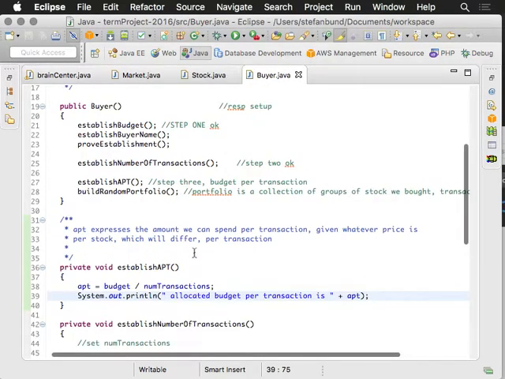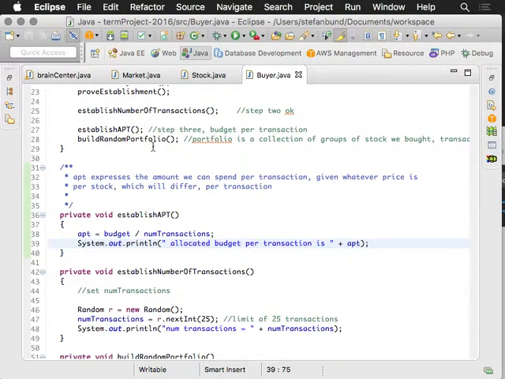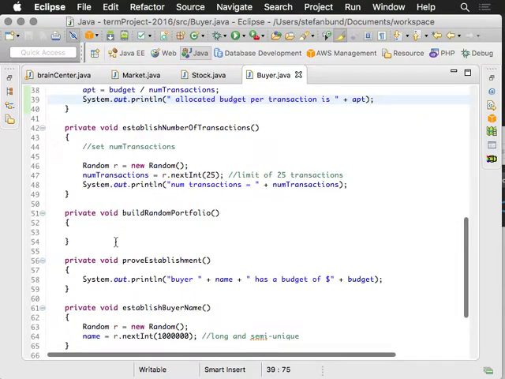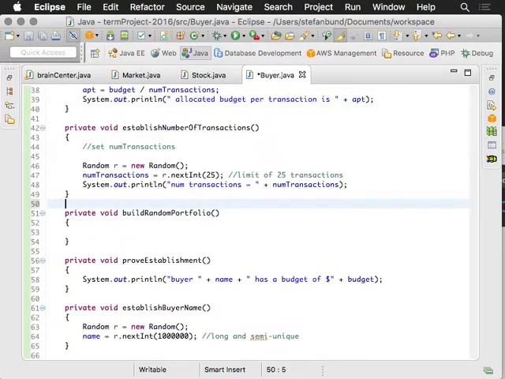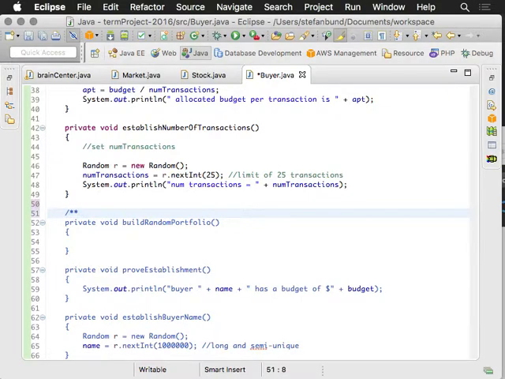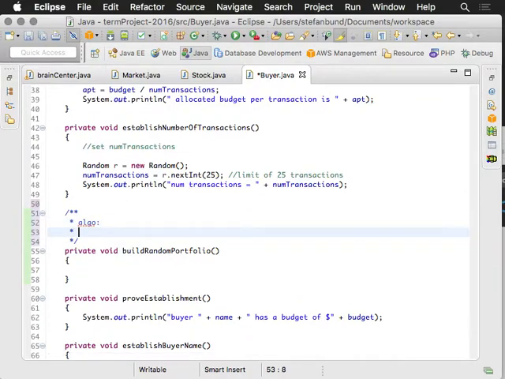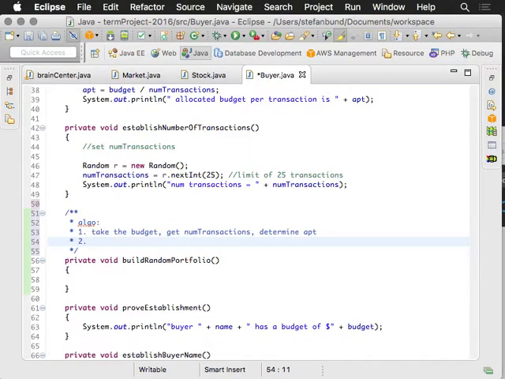And what I might do is just shut this video down, because now the next thing is we need to build the random portfolio. And this is going to be an important step where we're going to see our little formula here, our algorithm. Our strategy is to say: take the budget, get the number of transactions, determine our allocation per transaction. Fine. Then we're going to say,